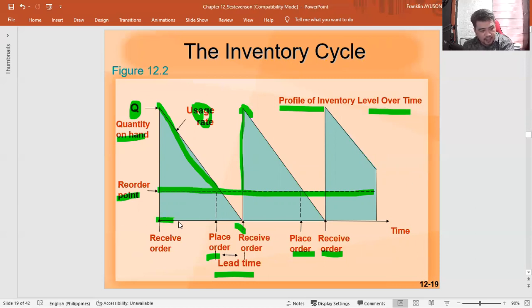The horizontal line represents the time. So as an organization probably involved in production or even services, or even administrative, we also maintain stocks, and we should also consider the inventory order cycle of our organization. Most particularly those in commerce, those in retail, those in manufacturing. Very important yan. Okay. Moving forward,